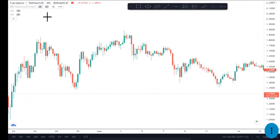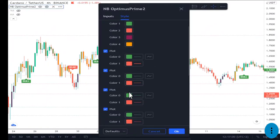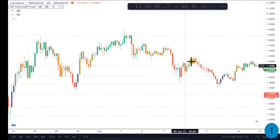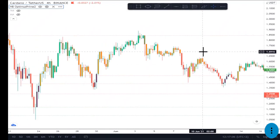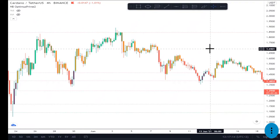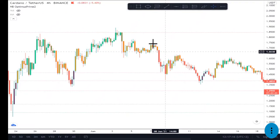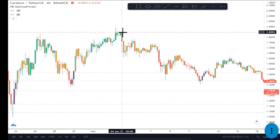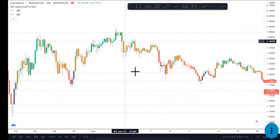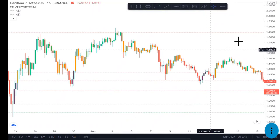you actually remove the bull and bear signals. I would recommend the bull and bear signals for beginners. But if you're already an intermediate trader and you already understand how to trade and how to spot good levels of support and good levels of resistance, I would suggest that you remove these signals, these indicators of bull and bear, and just use the levels of support and resistance on the Nitros Bull,